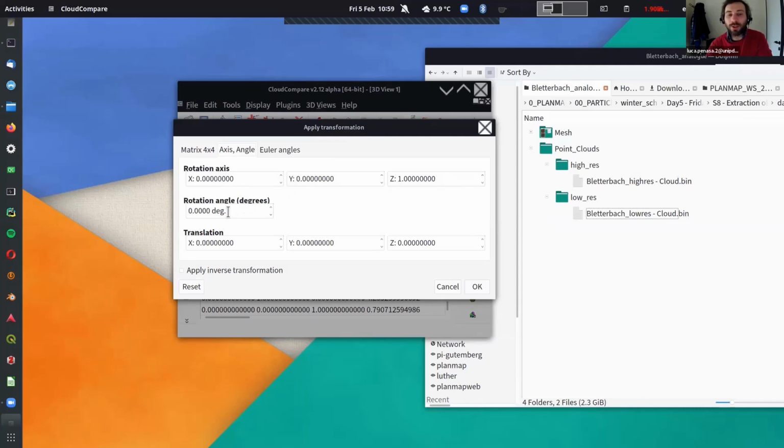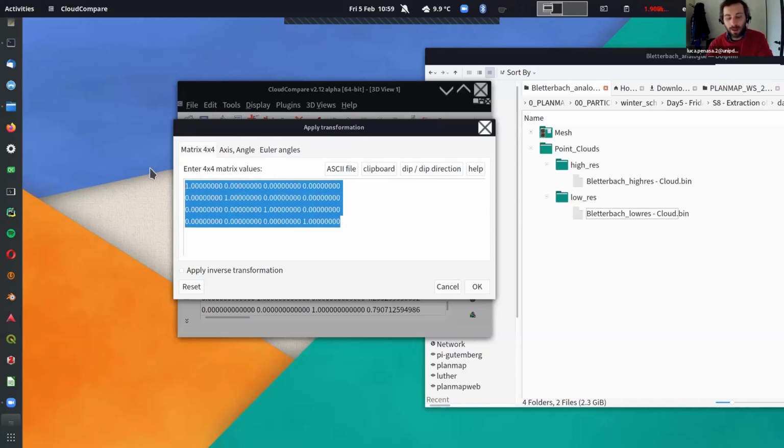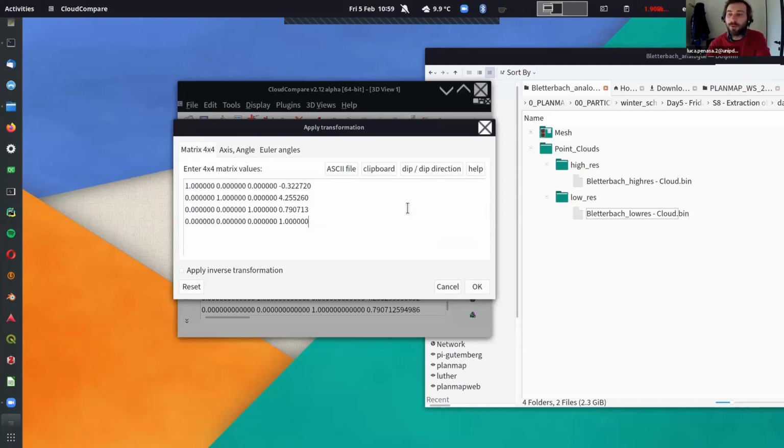And you can say how much you want to rotate your cloud. So let's say I want to rotate around Z by 90 degrees, or I want to apply a translation. And there are also other standards you can use, like Euler angles, or just the three angles in space to rotate by. But the important point here is that I can copy paste the transformation history I got in that